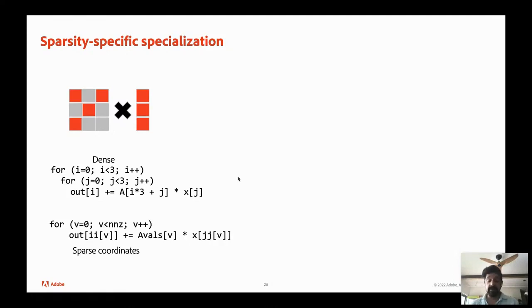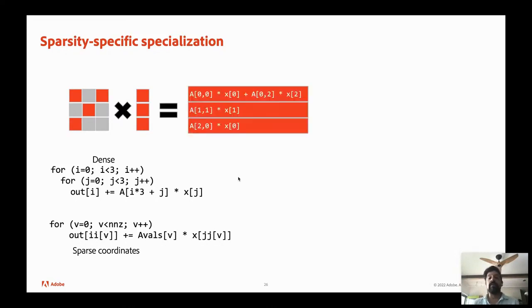So what people often do is to write it as a sparse computation. You change the data structure. Now in this case, we have an array II, which contains the I locations of each non-zero, and an array JJ, which contains the J locations of every non-zero, and avals contains the value at that non-zero in the sparse matrix. So what sparsity-specific specialization really does is think about semantically what is the computation at each output